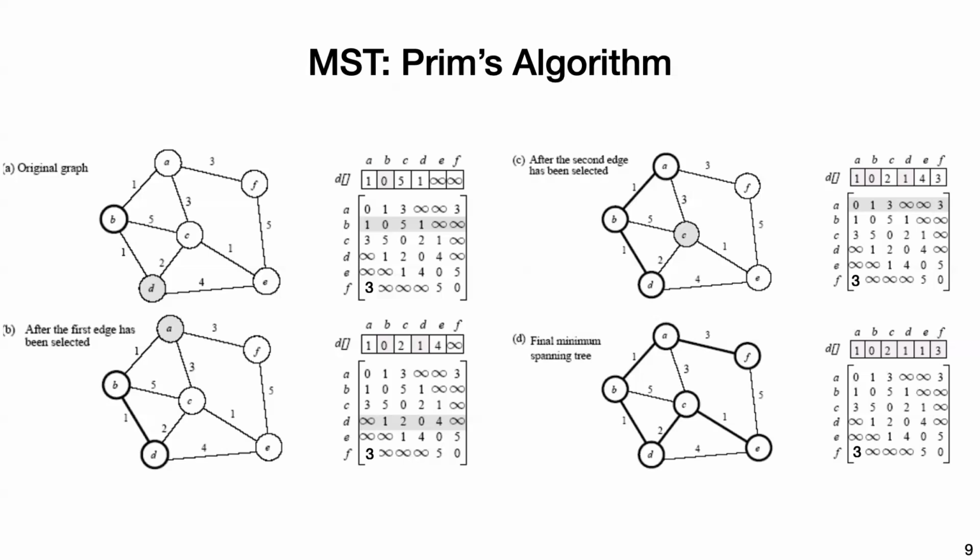So we take D, and we take the adjacency list of D, and we take the min of this entire thing, element-wise with the distance vector. Because now that's telling us, since we added D into the MST, what is the new distance from the new MST to every other vertex? Make sense?